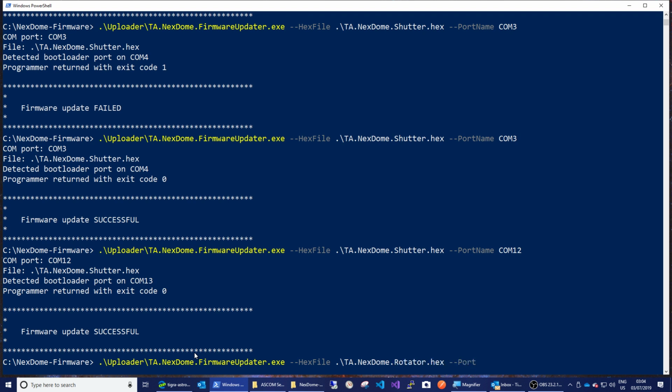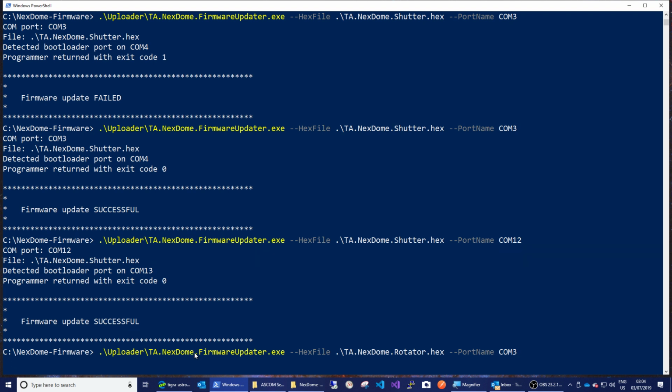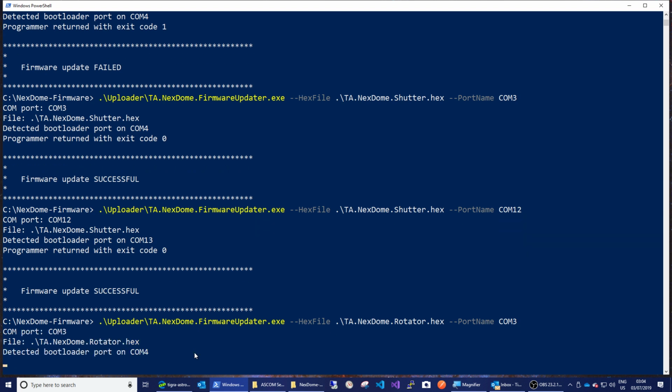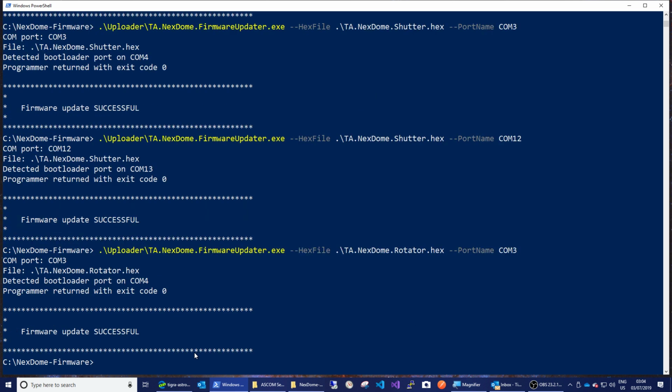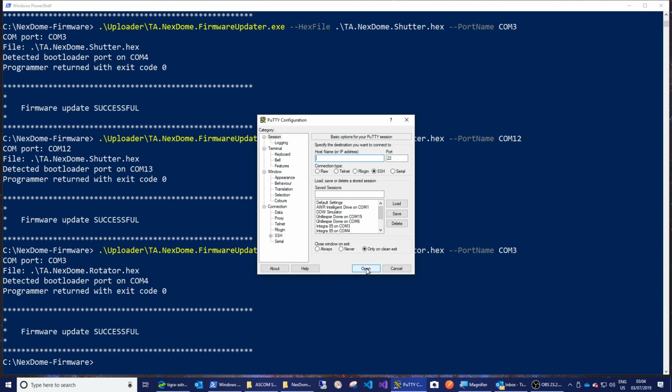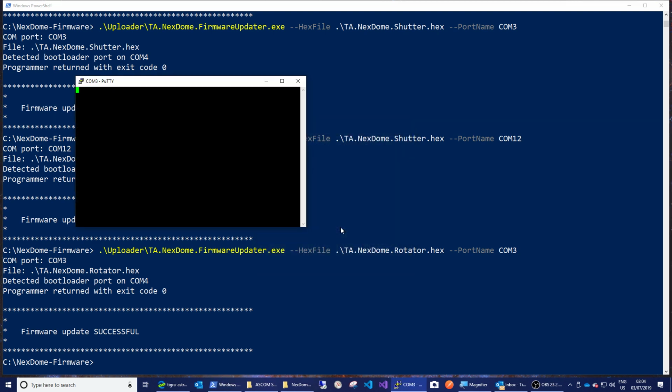Rotator.hex, port name COM3. It's easy to get wrong, which is why it's simple to reverse when you do. Okay, so that said, let's go ahead now and connect up to my rotator. See, it was worth just doing that check with the terminal emulator, because I could have been scratching my head for ages if I hadn't noticed that. So firmware read rotator. Okay, and there we are,